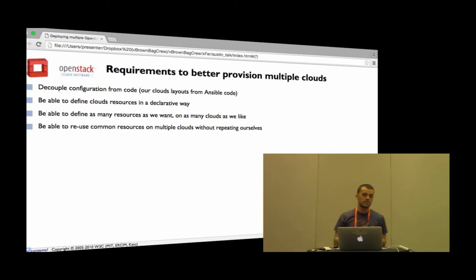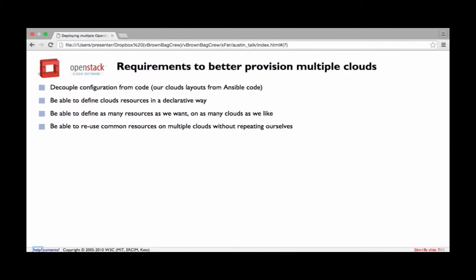So, requirements to better provision multiple clouds. It would be good if we had a way to decouple the configuration from the code. So I have my clouds layout, my servers, my networks, my keypairs, and then I have, separately, my Ansible code that is going to provision that. It would be good to decouple that. It would be good to also be able to define the cloud's resources in a declarative way. I shouldn't have to care about the ordering because